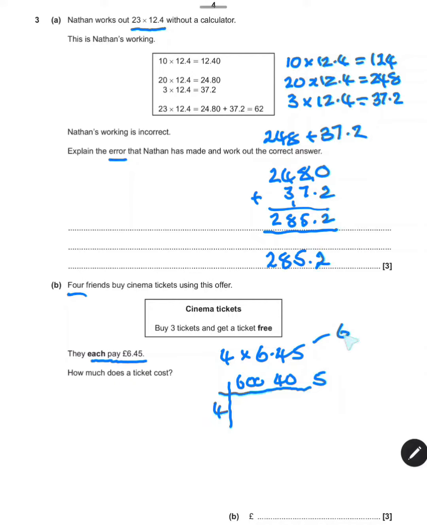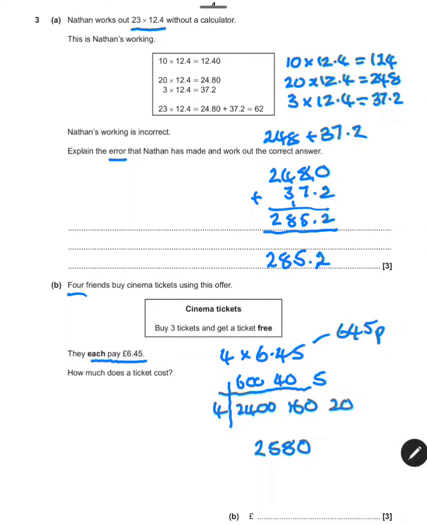I'm going to change that to 645 pence. 4 sixes are 24. Put the 2 zeros on. 4 fours are 16 with the 1 0 on, and 4 fives are 20. If we add these together, 2,400 added to 160 is 2,560. Add the 20 is